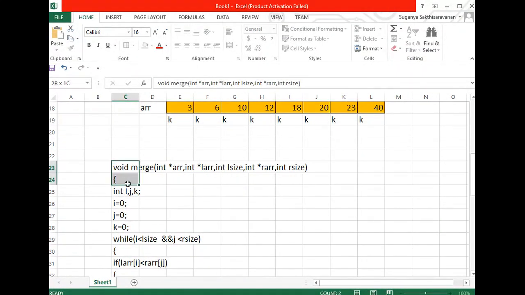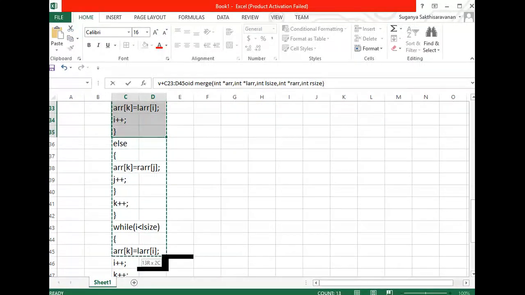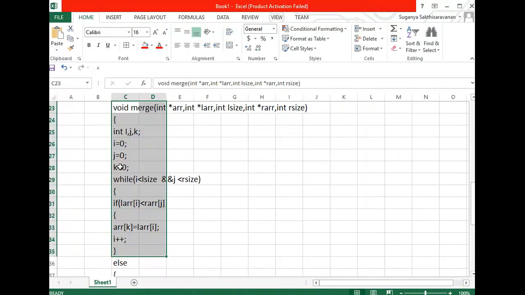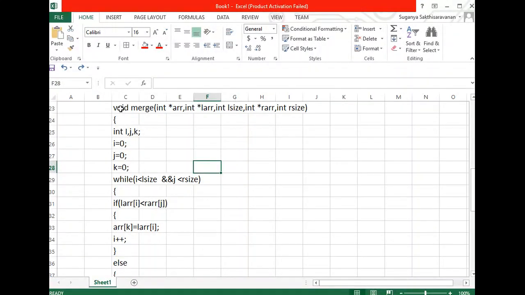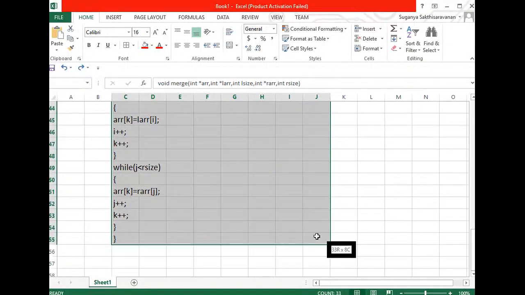Okay, good. I'll place this code in the editor and we'll try to execute it. Just a minute. Let me copy this one. I will paste it there.